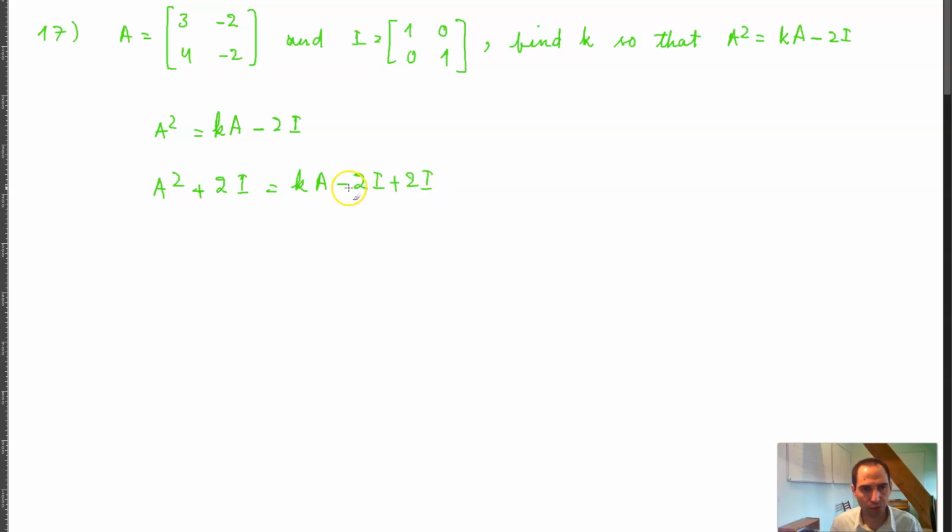Minus 2I plus 2I is O. And so I can write this as A squared plus 2I is equal to K times A plus O. And so I can write A squared plus 2I is equal to K times A. And then divide by K both sides, or divide by